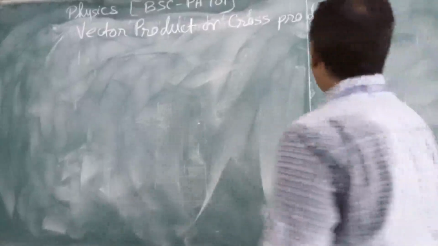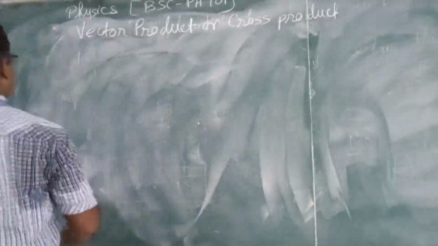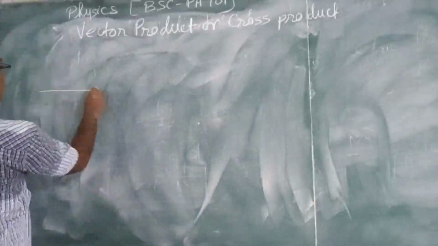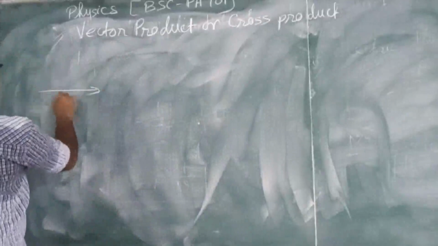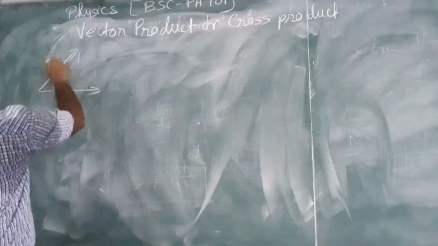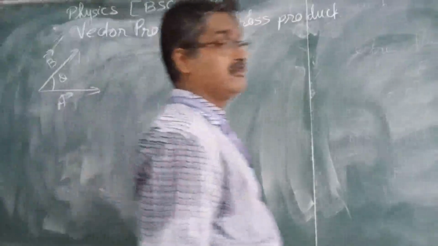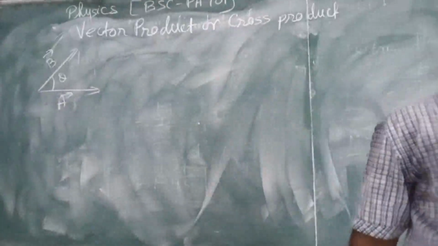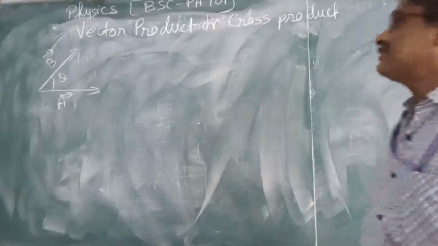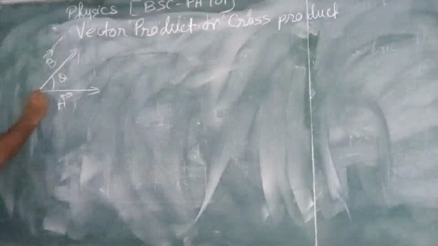The vector product between two vectors A and B making an angle theta with each other